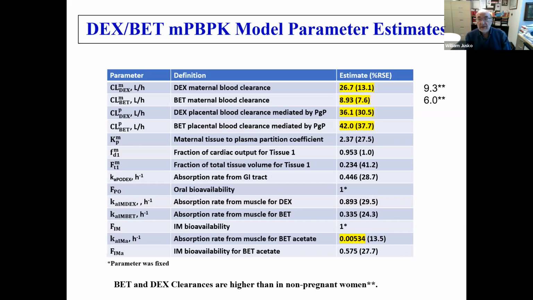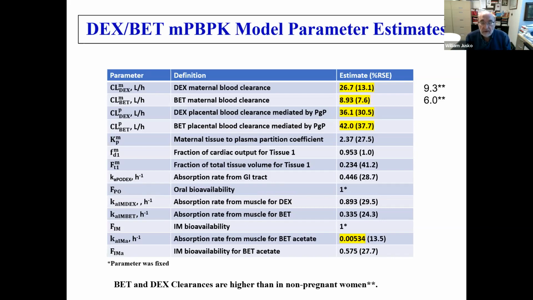So unlike handling by the liver, the handling of Dex and beta by the transport mechanism is basically producing about the same value. So efflux transporters sort of exist naturally to protect a tissue or an organ against high exposures of drugs. So this kind of transporter exists in the brain. It exists here in the placenta as well.